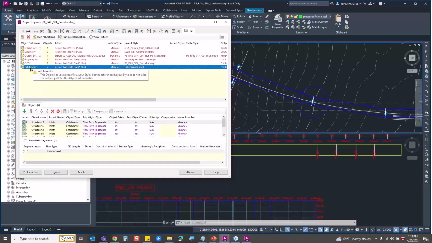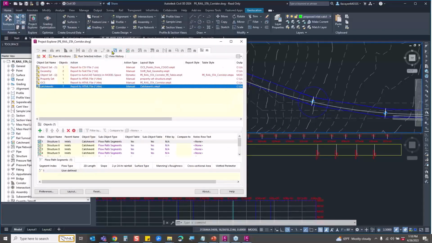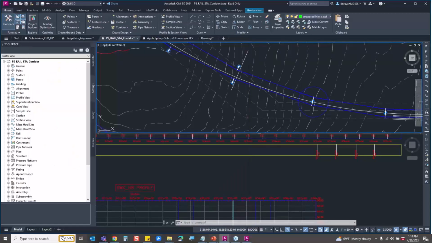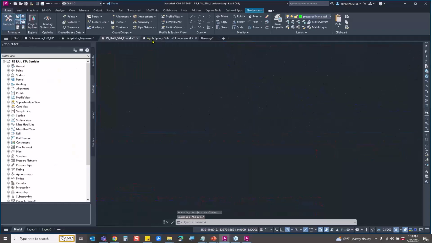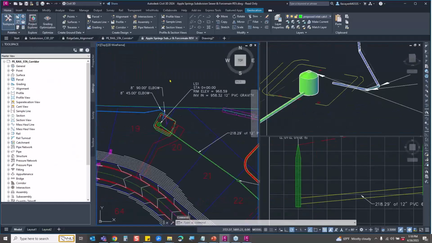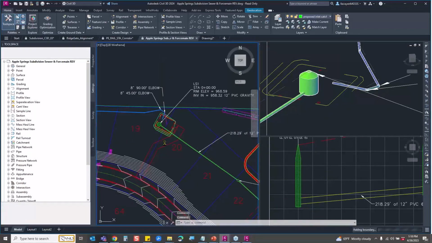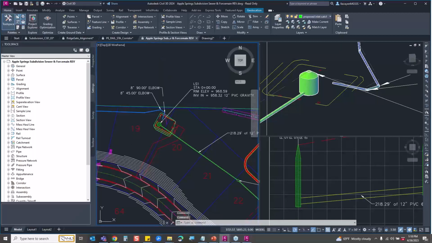And I've been tinkering around with mine too many times, and I think I broke something. But that's the new addition inside of here if you happen to be using Project Explorer. Let's see what else we have inside of here. Oh, yes. The most fun part in this year's release of the software is the fact that I have a